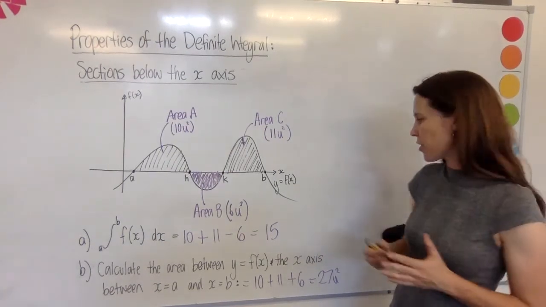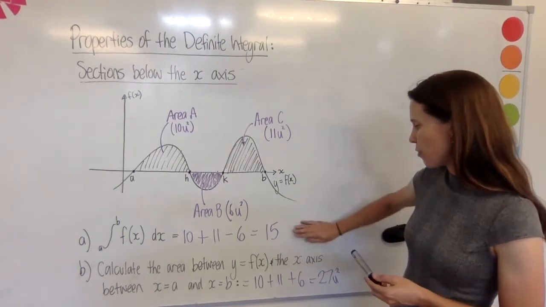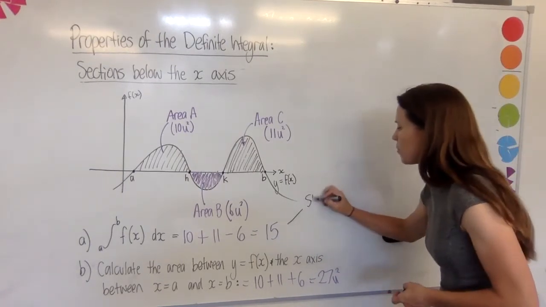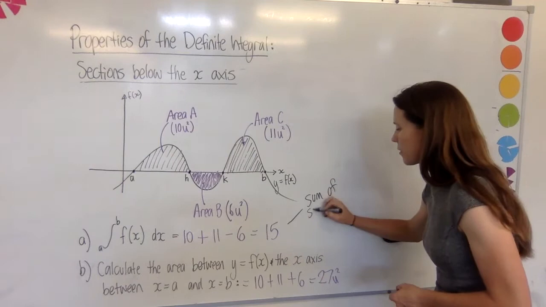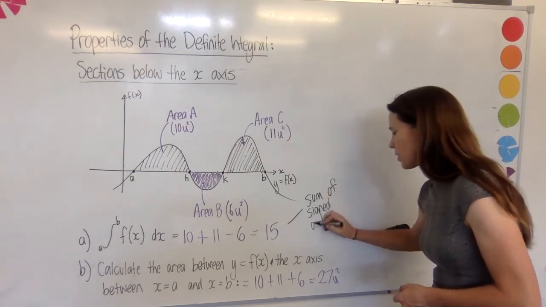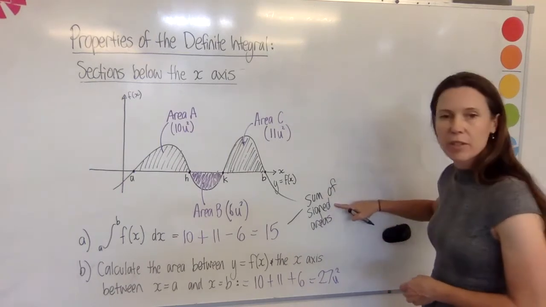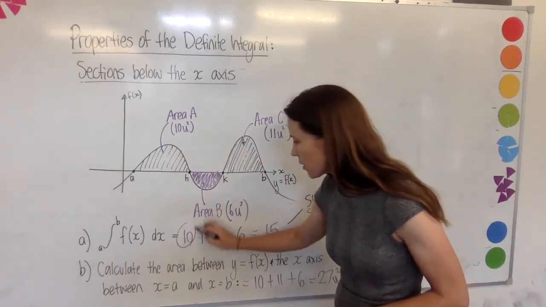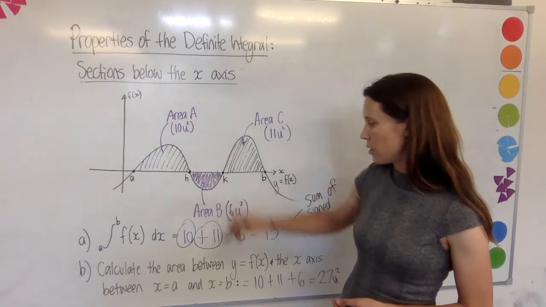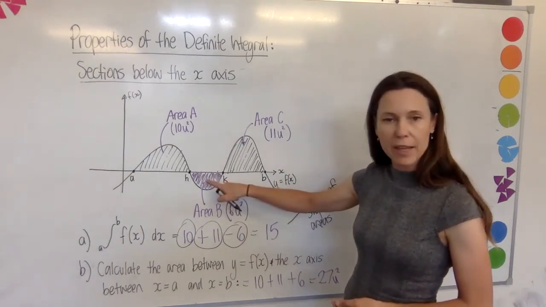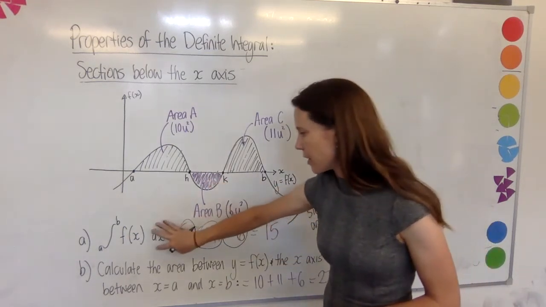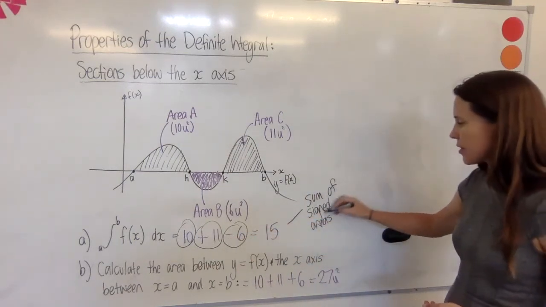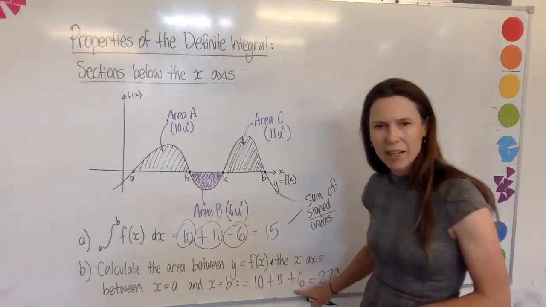Now some terminology that you might see in textbooks. When you're performing this operation, they sometimes call this the sum of signed areas. What does that mean? Well, it means that we've attributed a special sign to each one of these areas based on whether they were positive or negative. So if we know the area, but we're calculating the integral, we need to take this into account by adding the signed areas, rather than just adding up the areas as they